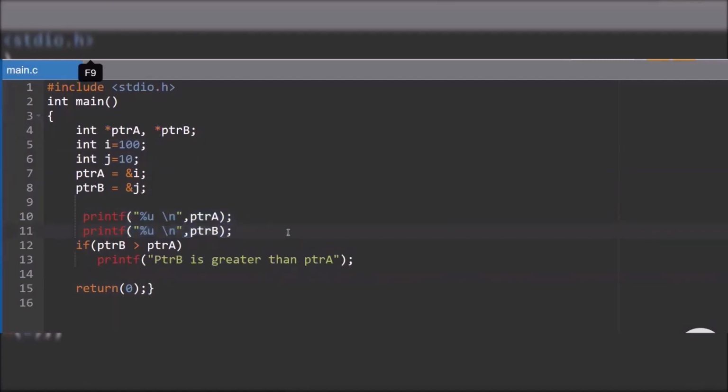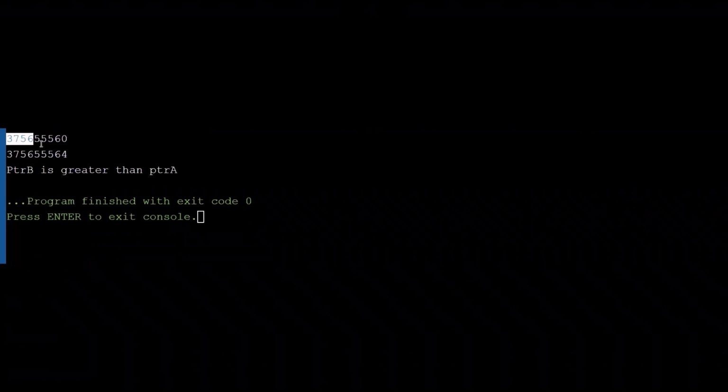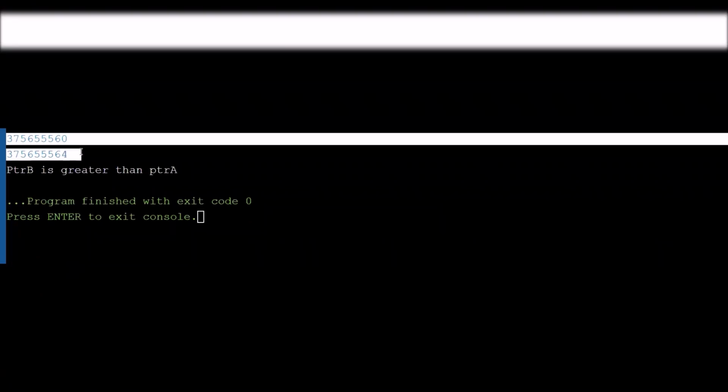Let's print the address values of pointer A and pointer B. I have used %u here because we are printing address values. Let's run the program now. You can see that the first value is the address of pointer A, which is 60, and the next value is 64.